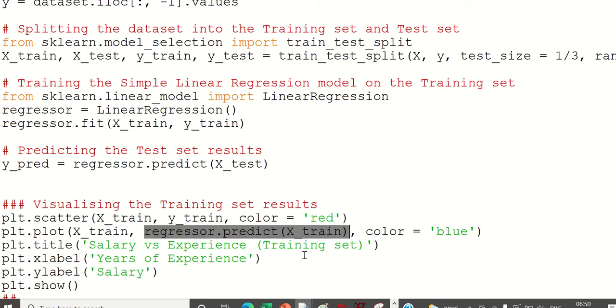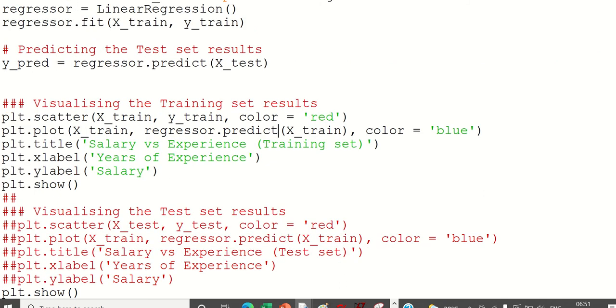Then we will see this. This is the predicted value of x train, so indirectly it should be as close to y train. If it is perfectly trained, a 100% match, then y train should be equal to this highlighted thing. Let's see how well it is matched.